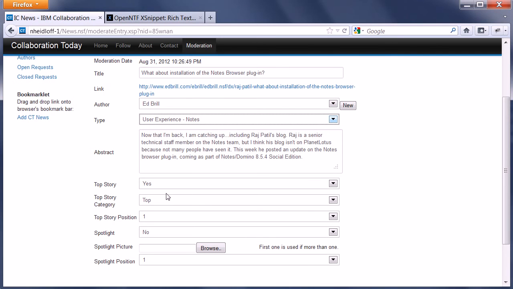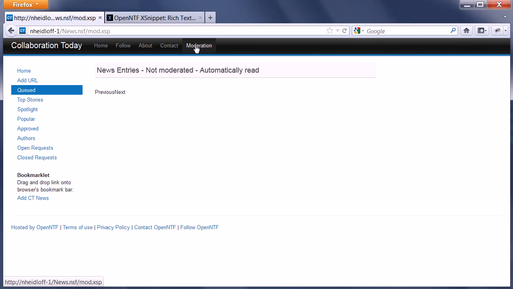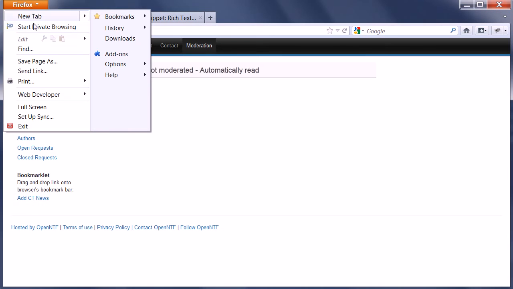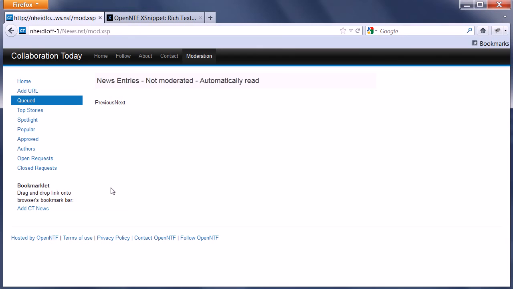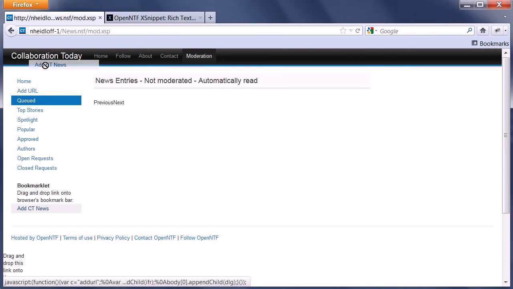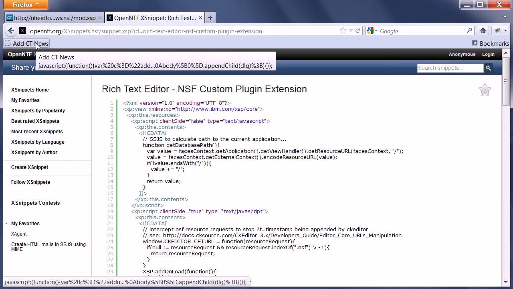I can define whether or not to show up on the home page as a top story or spotlight story, and so forth. Now, what I want to show you next is how easy it is to add something to Collaboration Today. In order to do that, I make this bookmarks toolbar visible, and here I can drag this bookmarklet and drop it on here, and now I have this link always,